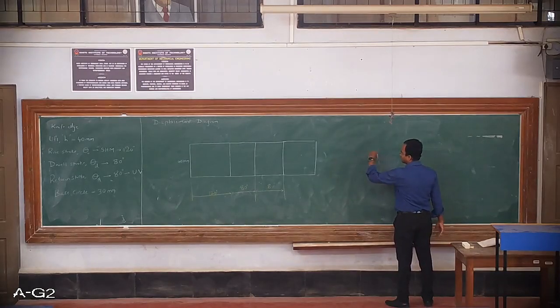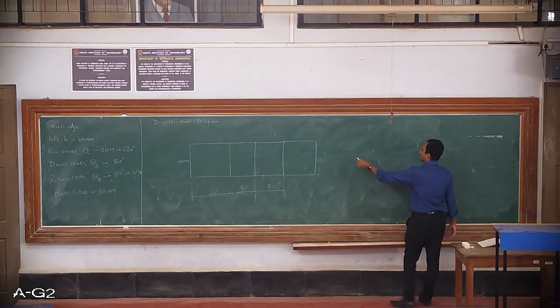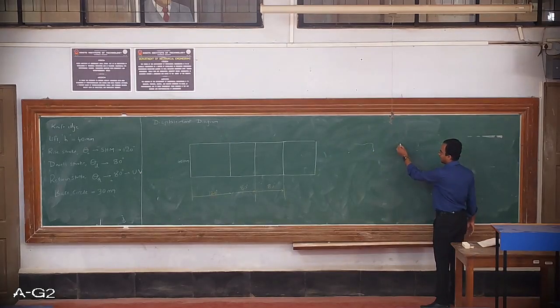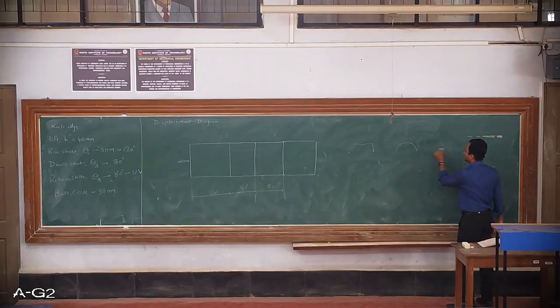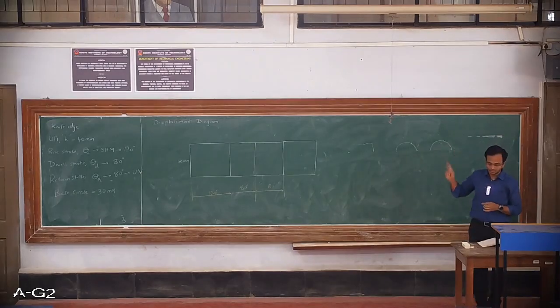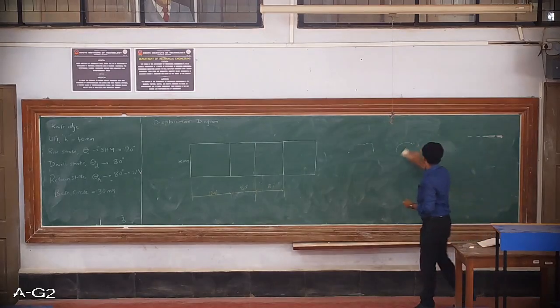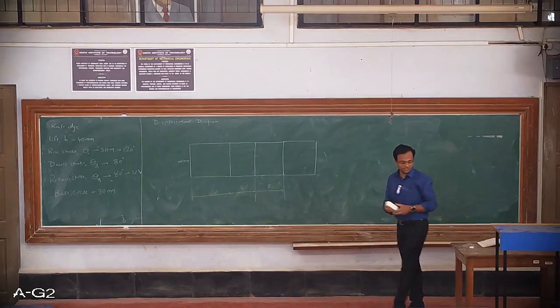Suppose I want a perfect curve to be drawn between these 2 points, then I could draw a curve which is something like this. But between these 2 points, if I add another 2 points, then the curve will have more meaning. Similarly, again between these 2 points, if I introduce many such points and then if I join them, then I'll be getting a very perfect curve. So the more points you define, the more perfect the curve will be. With the same logic, we'll divide the rise stroke and return stroke.